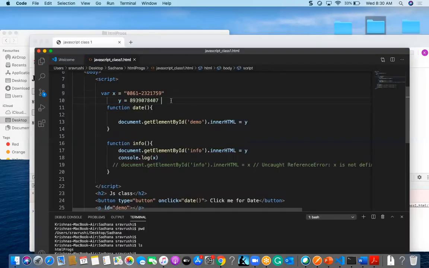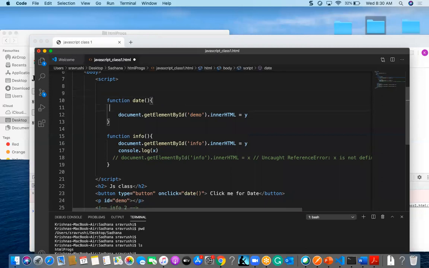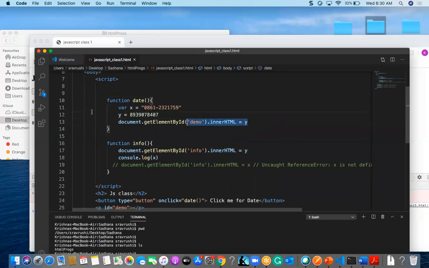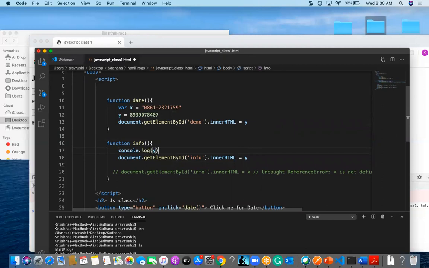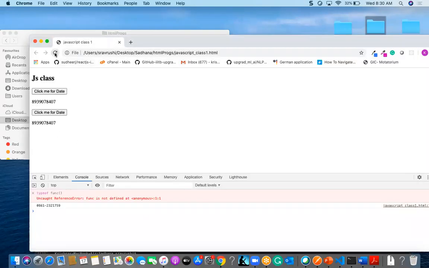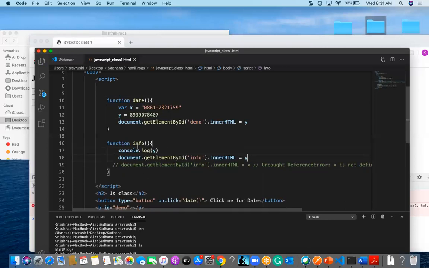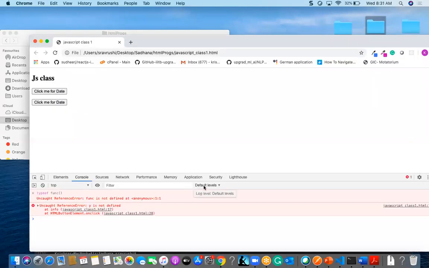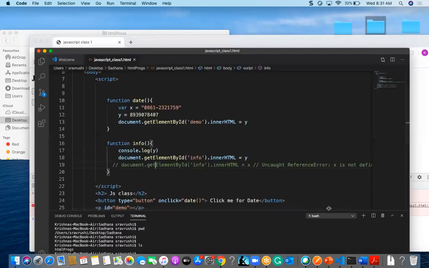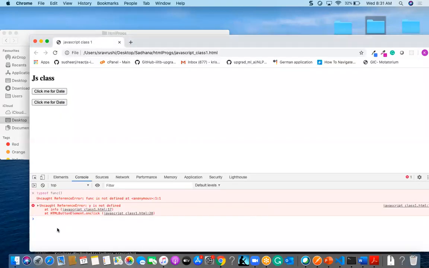If we put any of them inside this function, that will be a local variable, and this won't get executed. I'm sorry for the last statement. If you check the value of y here now, we will get 'y is not defined'. I confused you. Okay, fine. Y is not defined. Here, x is not defined. Likewise, we'll get a reference error.